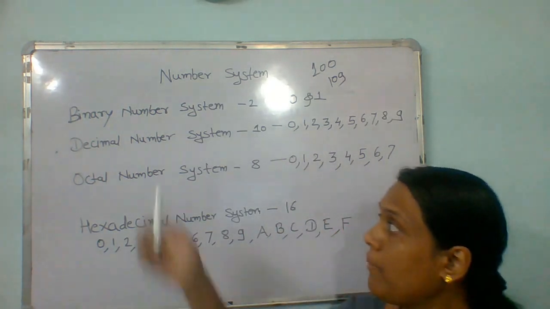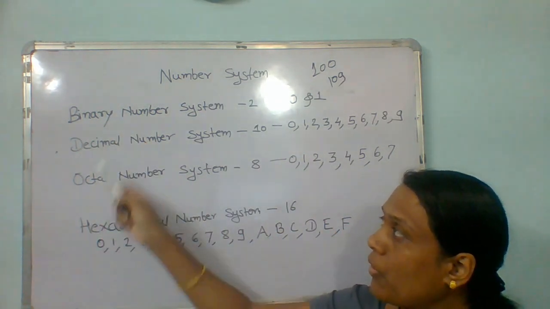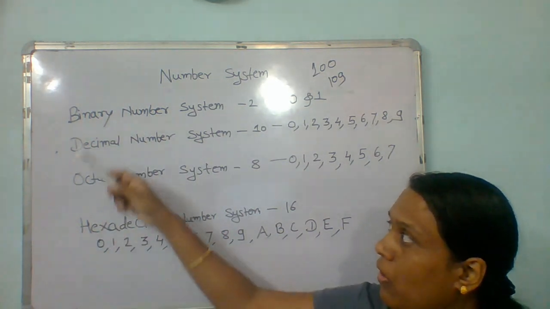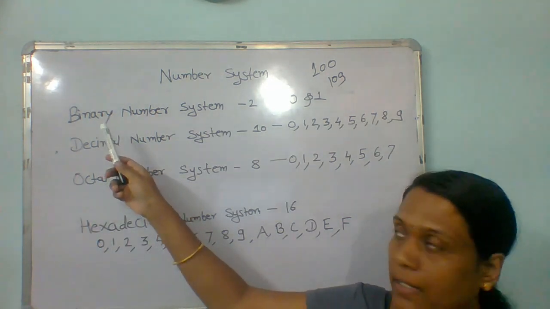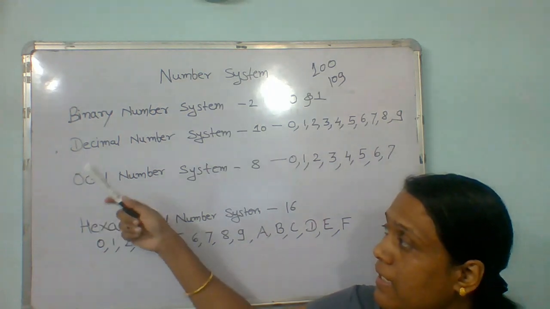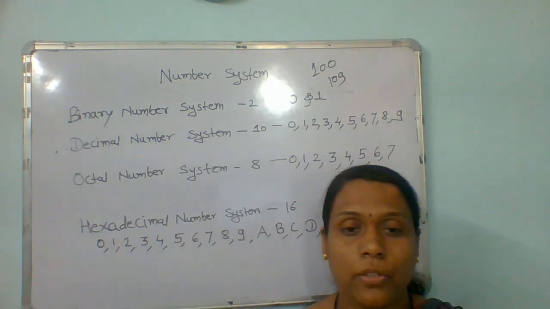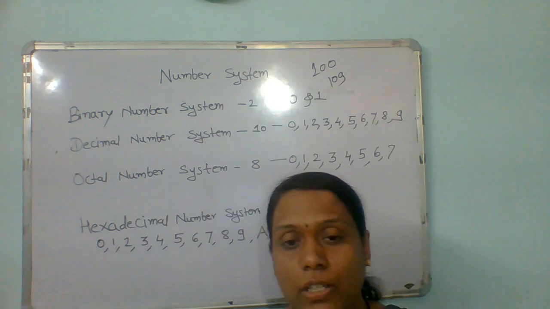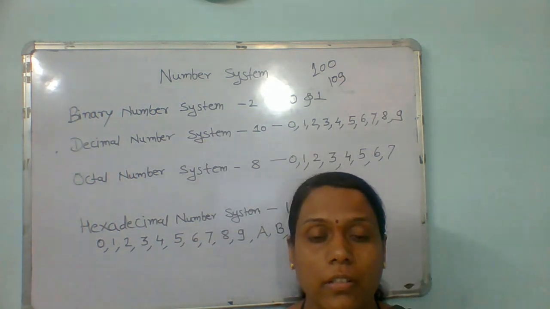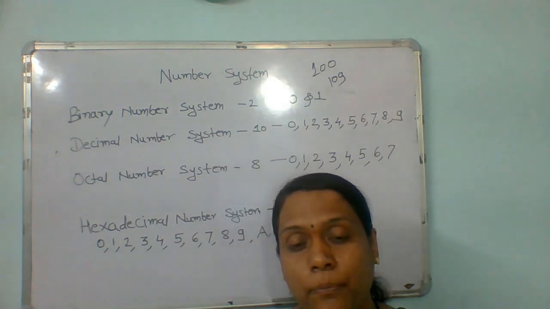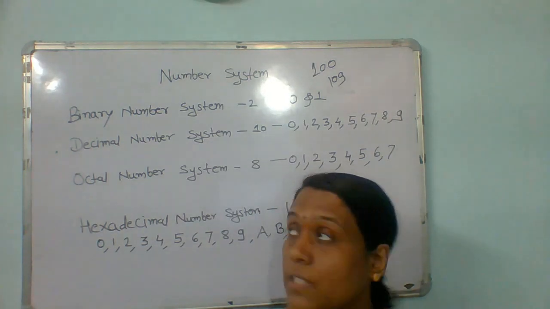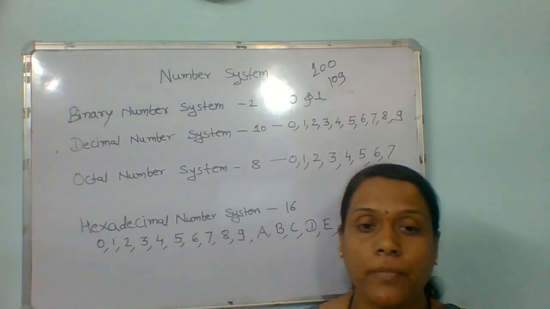We are going to convert binary into decimal, binary into octal, binary into hexadecimal, or vice versa. Decimal to binary, octal to binary, hexadecimal to binary. Again decimal to octal, hexadecimal, vice versa. That is hexadecimal to decimal, octal to decimal. When we do conversion, we have to follow some rules. Next we are going to discuss binary addition, how to perform addition on binary numbers, which are a combination of 0 and 1.